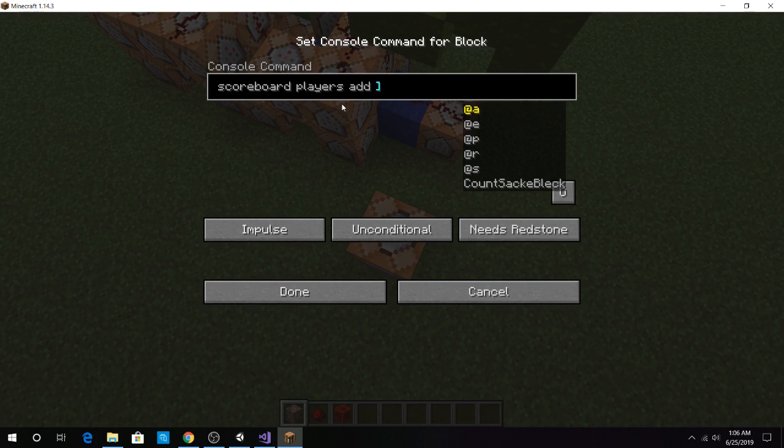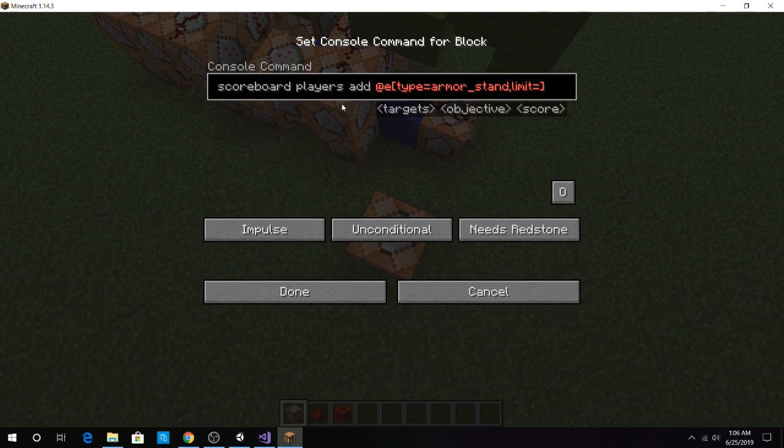Well, actually, no, stop. At e type equals armor_stand. Then this could be like name. No, not name. We'll do limit. Limit is equal to 26. No, not 26, 27. Oh no, it's not 27. It's actually 28 because